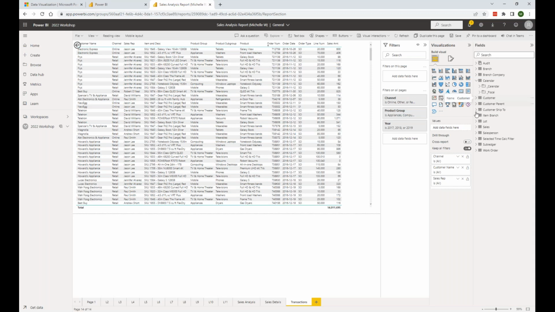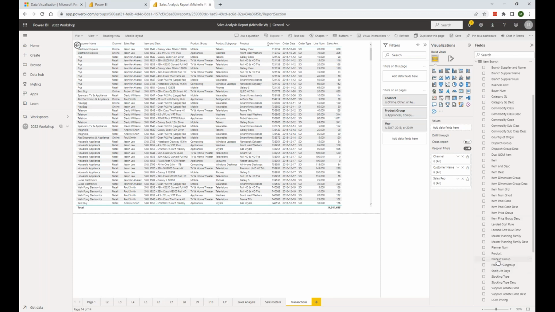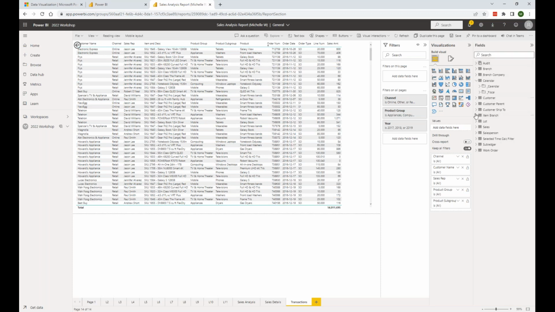Let's go down and look at the item branch. And I think we had a couple in here. We had the product group and the subgroup. So I'm just going to drag and drop those in here as drill through fields. And then the final ones that I want to add are going to be from the, I guess we don't have a lot from the sales table as far as dimensions. So I think we're good there. Once I've added those fields,